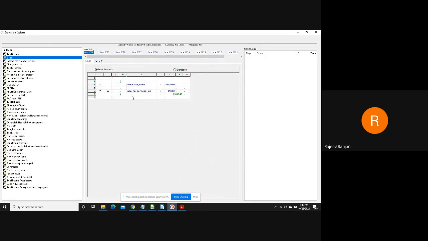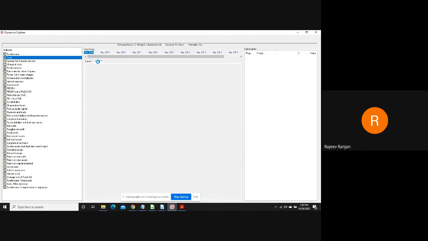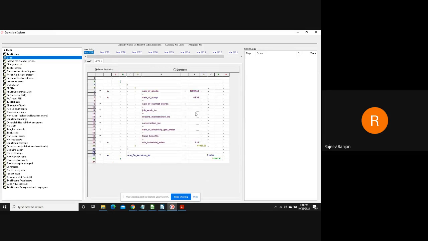Now, what goes into the computation of industrial sales? If we go to level 2, industrial sales use the addition of all these fields. This company has earned revenue from sales of goods, sales of scrap, and other industrial sales, which totals up to this, and there is a non-financial services income, which is 810 crores. There is an A mapped to each of these numbers, which is basically a trace to the annual report. When I click on A for sales of goods, it shows that page number 148 of the annual report has this number reported. When I click here, it will pop up that page of the annual report.